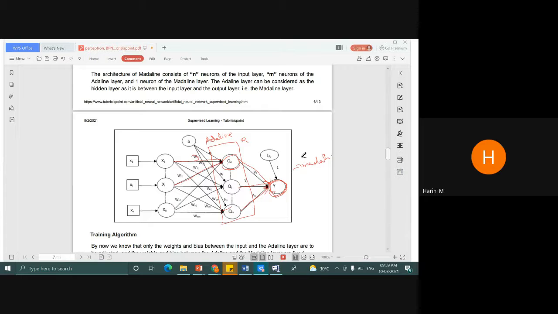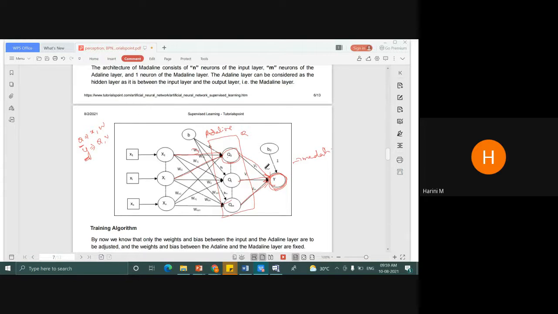So for calculating Q you need x and w. For calculating y you need Q and v. So these are the links, right? You have to look at only the incoming part. You don't have to look at the previous layers, just look at the incoming part alone. So to calculate Q, I need x and w because those are the incomings for Q. To calculate y, I need Q and v. Those are the incomings. Let's go into the training algorithm.